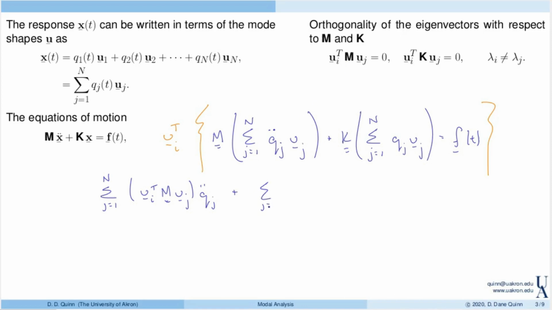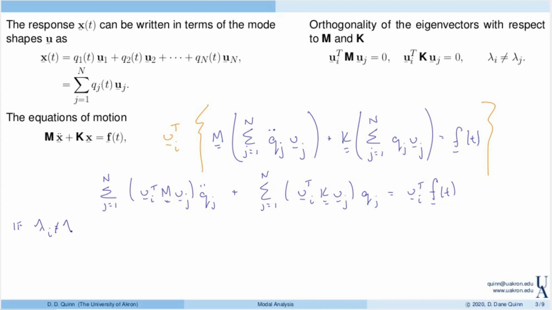And this will simplify considerably. And we have the same thing for the stiffness term: ui transpose times k times uj qj, and this equals ui transpose times the forcing vector. So again, this simplifies considerably because even though we have n terms here, all but one, assuming that lambda